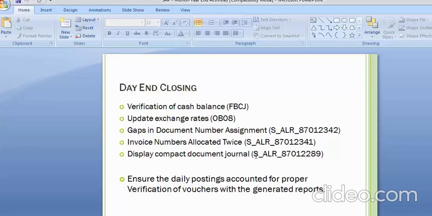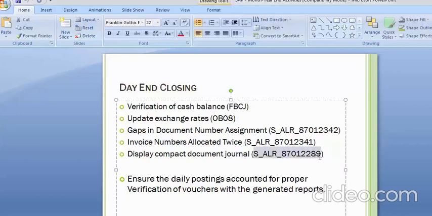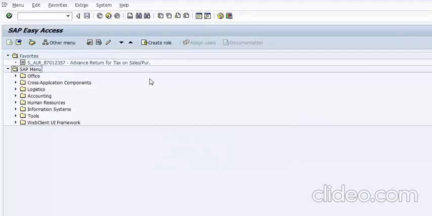So to have that, you have the report S_ALR_870122289. This report gives you an option to have the list of transactions posted on a particular day, on a particular month, or maybe on a date range as the company wants to see. So how can we do that? Let's execute the report. So as I have taken the report over here, enter,